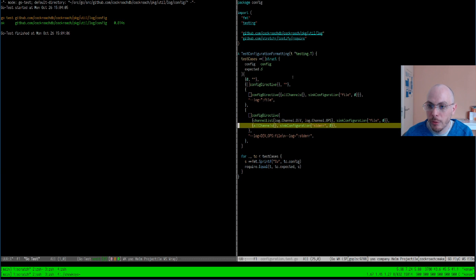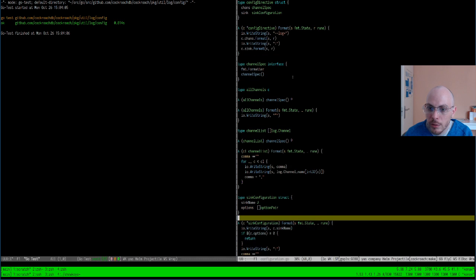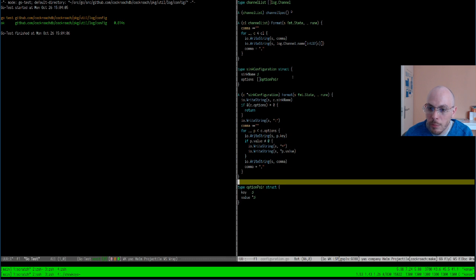And let's suppose I wanted to add some configuration options here. Config pair. How is it called again? Option pair.